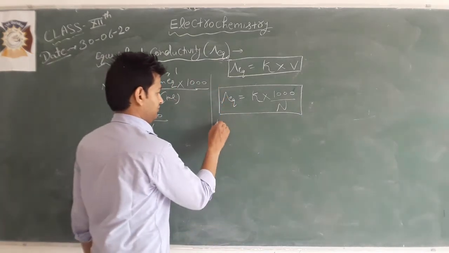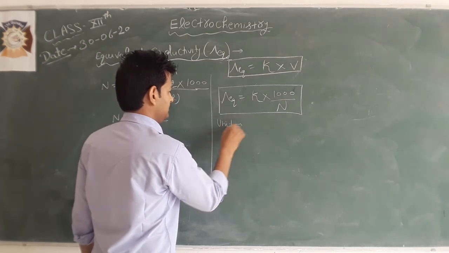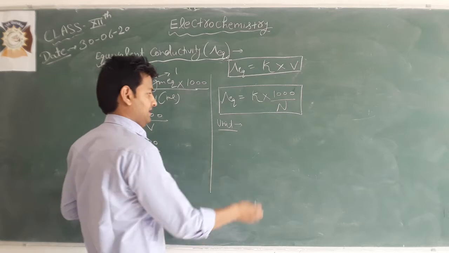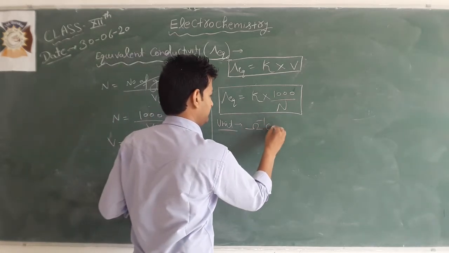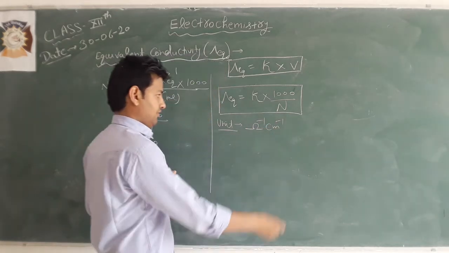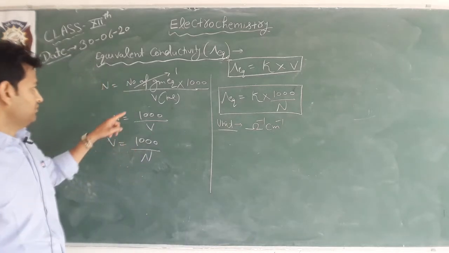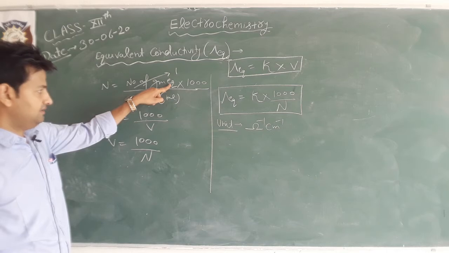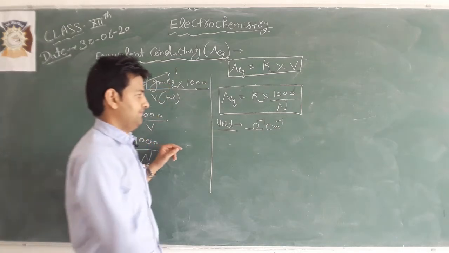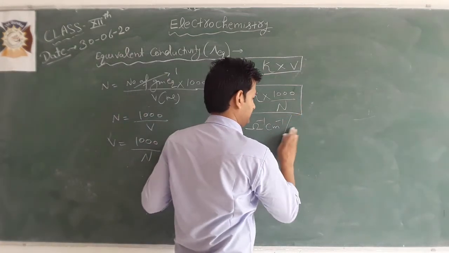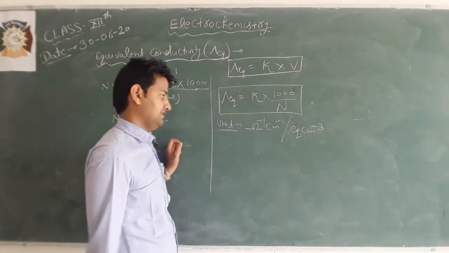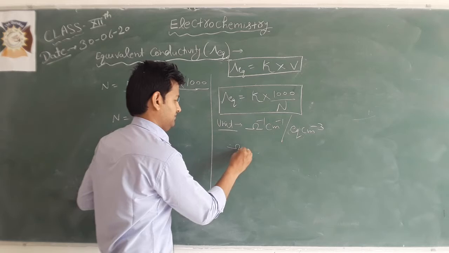Now we can find the unit. What is the unit for this? Kappa is 1 over R into L by A, so it is ohm inverse centimeter inverse. For normality, the unit will come out to be gram equivalent per centimeter cube, so it is equivalent per centimeter cube. This is the unit. We can find that it is ohm inverse,